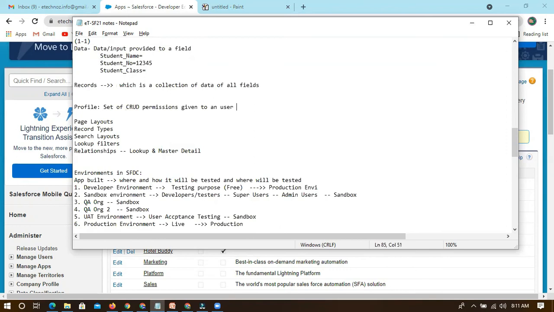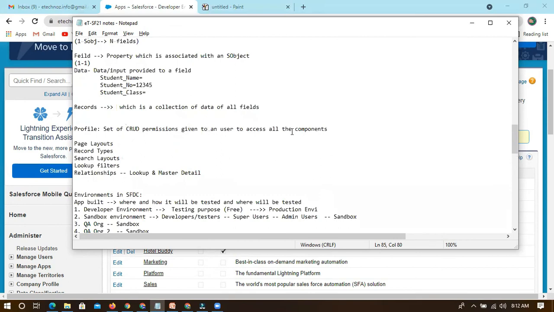If I want to access anything, I need to have access for that specific thing. If I want to access an application, I need to have access in that system. Again, I'm saying, a set of CRUD permissions given to a user to access components, all the above components.